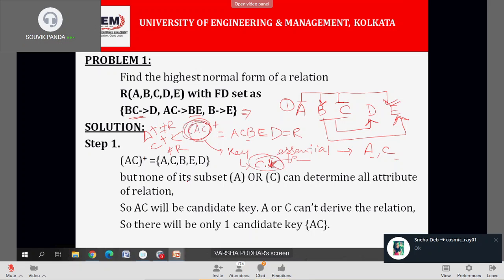Yeah, but why is anything other than AC not a candidate key? Suppose I take A, C and add B along with it, then it is also determining R. So why is ABC not a candidate key? Because AC is already a key.